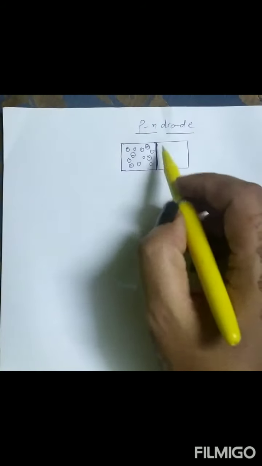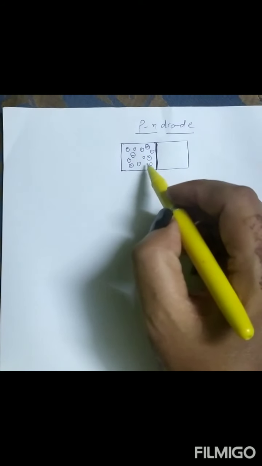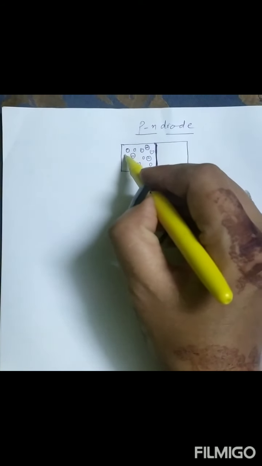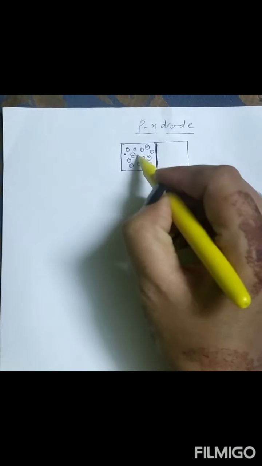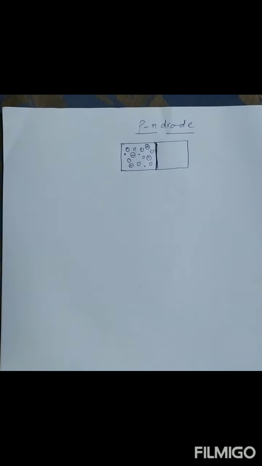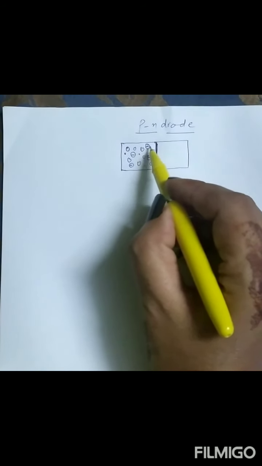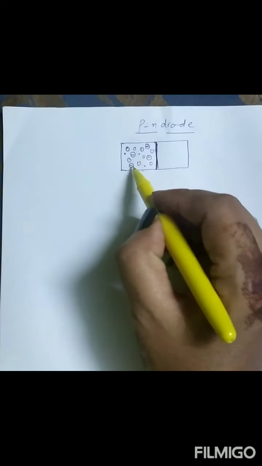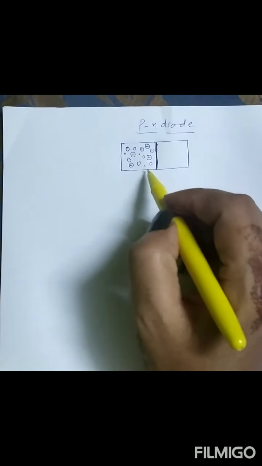They are not present with all the holes, only with a few holes, and for others there are some minority charge carriers, electrons, also there. So this is a P-type semiconductor. Majority charge carriers are holes. These negative things are acceptor ions, and these dots represent the electrons, which are minority charge carriers in a P-type